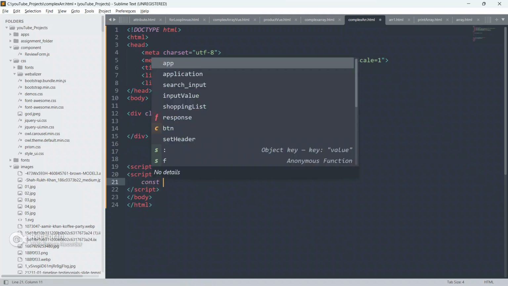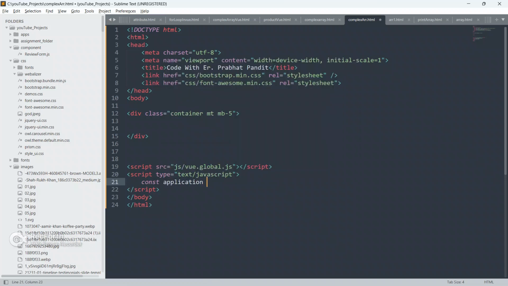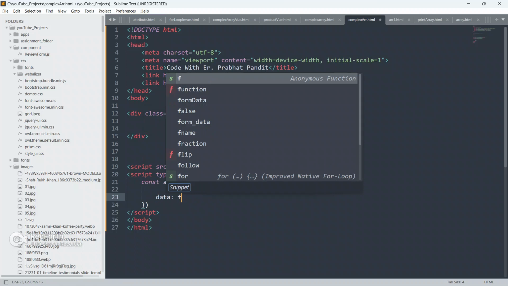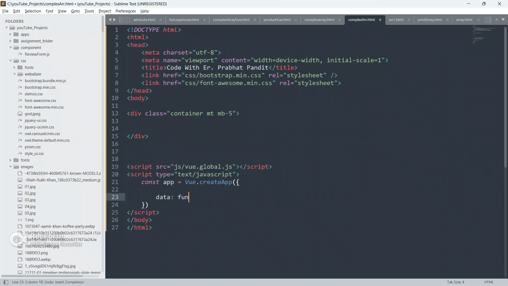So give const app, or give application, or let it be app only, equal to Vue.createApp. Okay, and I'm gonna create a data function, and it will return properties.